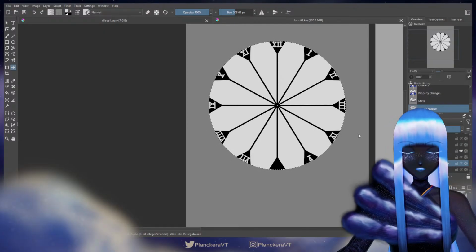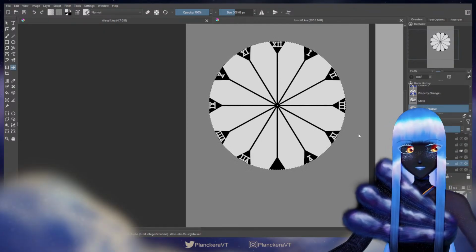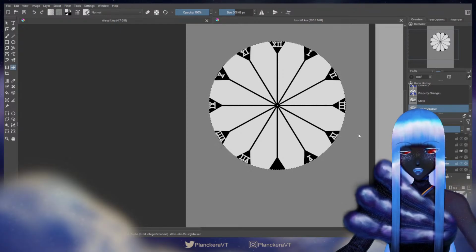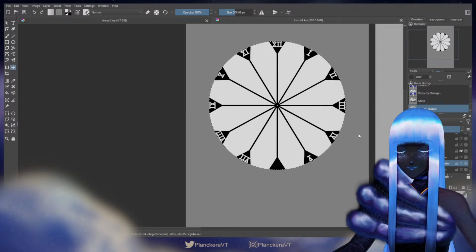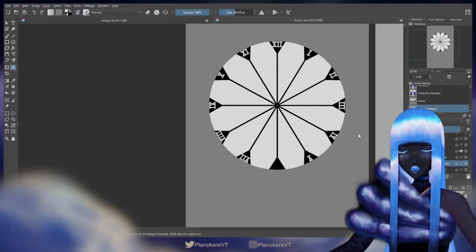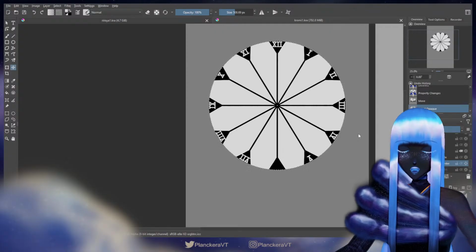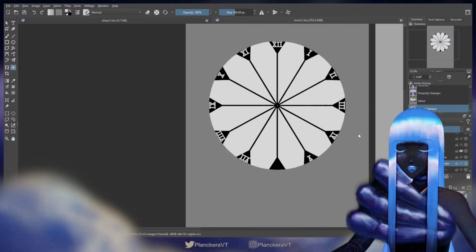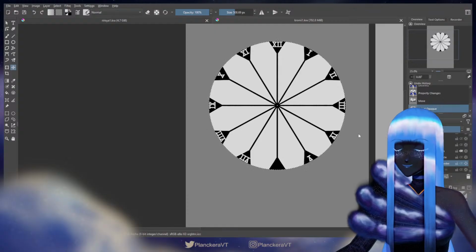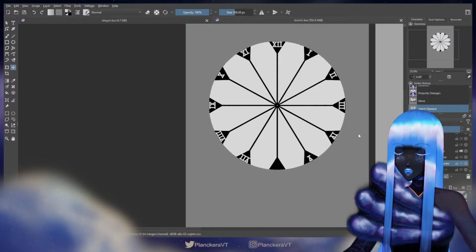Okay, so I'm going to do some mapping in my head for just a second here. I'm deciding: do I want a thick line near the clock and thinner lines further out? Do I want a thick line further out and thin lines further in? Do I want a mix of both? I'm just going to try to picture some patterns in my head and pick the one I like. Once again, it's all going to be pretty arbitrary. If I think it looks good, it is good, and if I think it looks bad, it is bad, and must be destroyed.